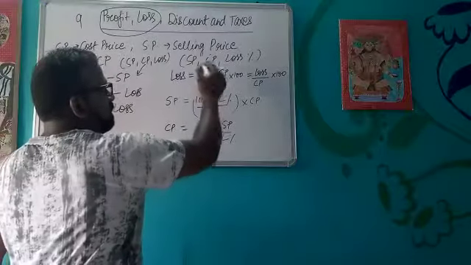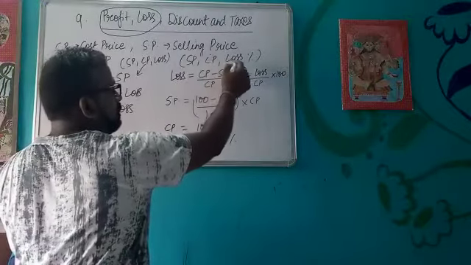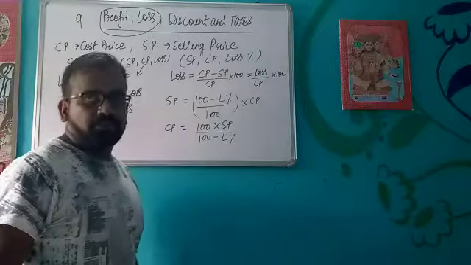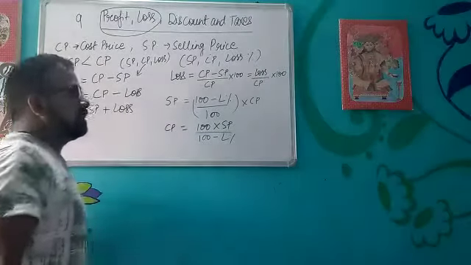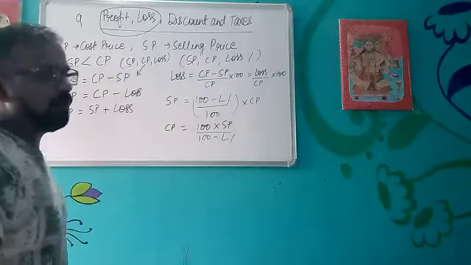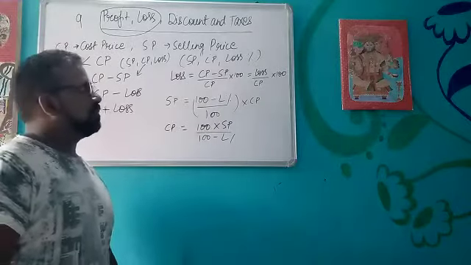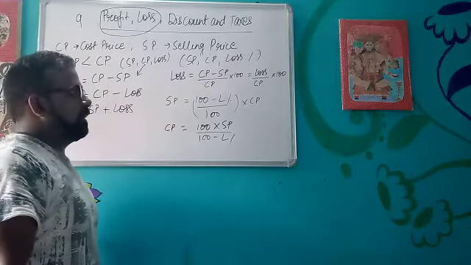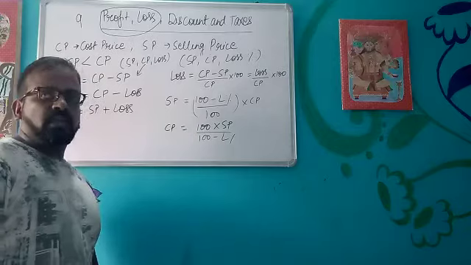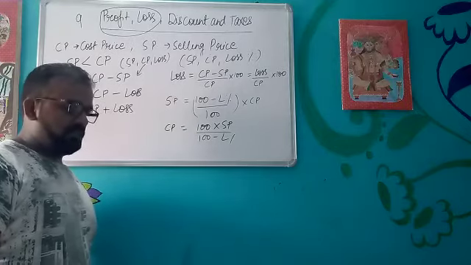Similarly, in this, these three variables are there. Out of this, at least two will be there in the question, and you have to calculate the third one with the help of the formulas, or without the help of the formulas. Okay, so next we will discuss the exercises given in this chapter.